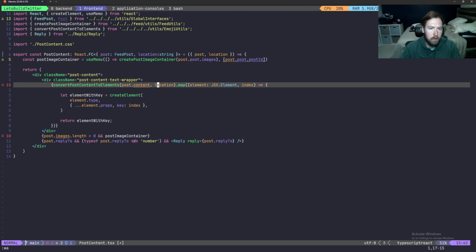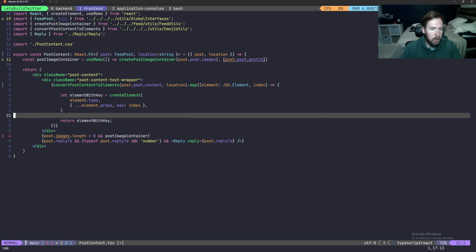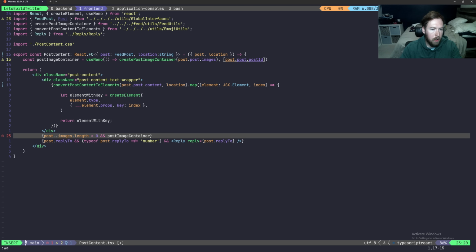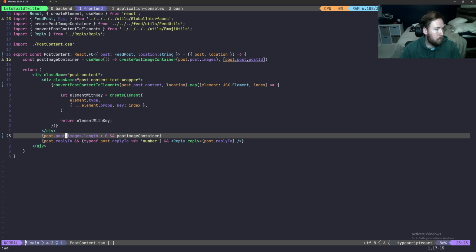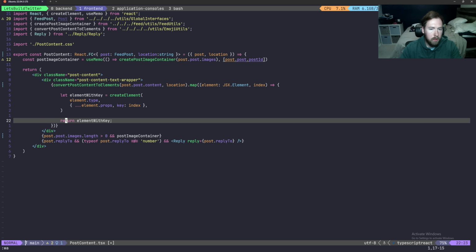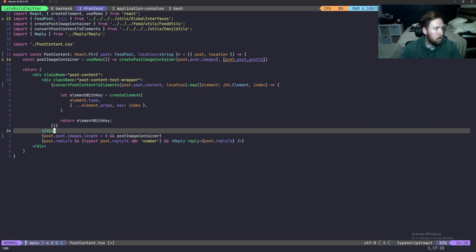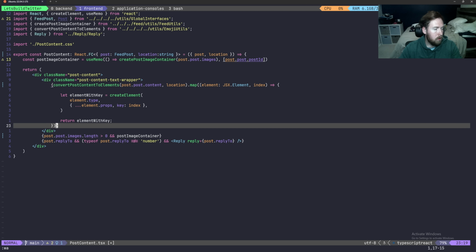Here, we're going to say post.post.content. And then here, we're going to say post.post.images, and then here we're going to keep postIReplyTo. That's fine. And then there's something else we want to change. I think actually that's everything in here. Now we need to go ahead and update the post